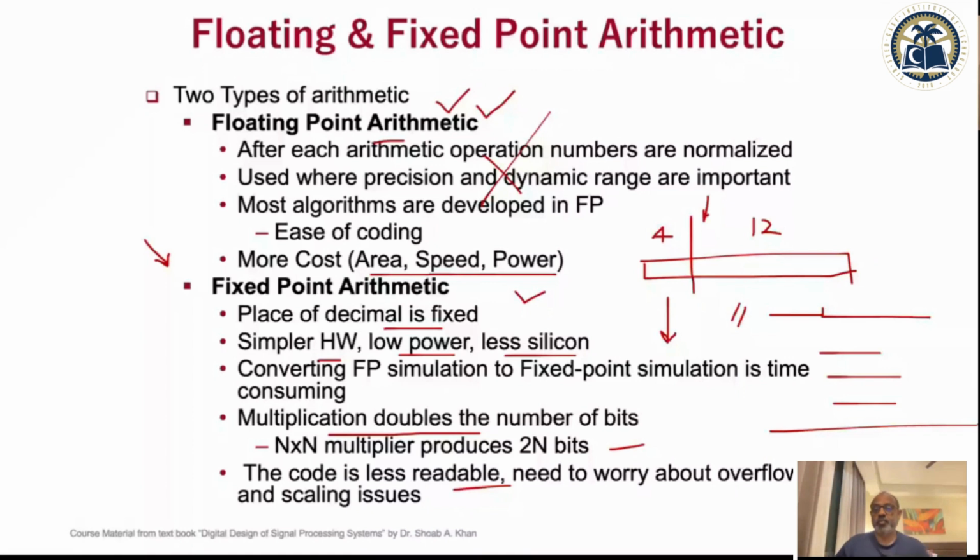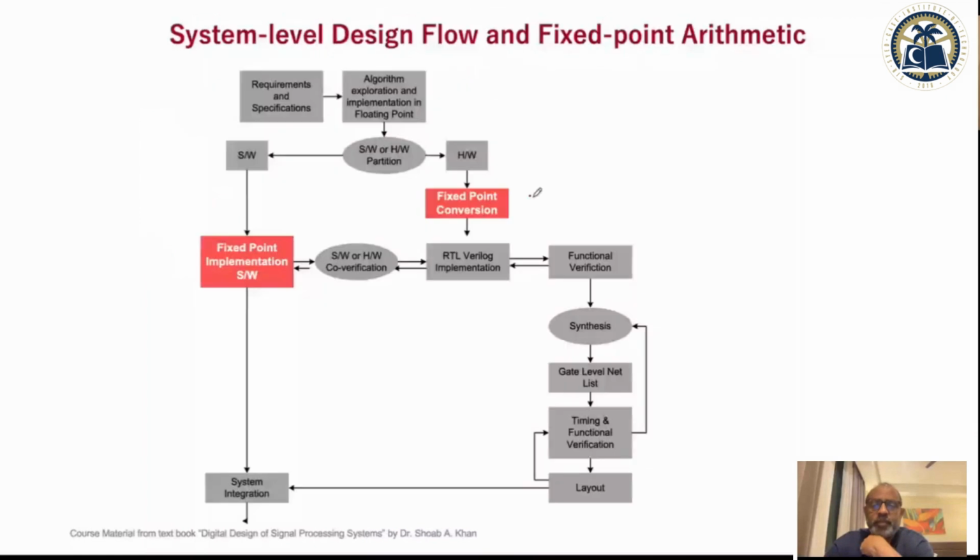would have a hard time figuring out what the actual number is, because you have converted every number into an integer, and only you know, or you have put a comment, where the decimal is. Only after knowing the decimal can you convert it back into floating point to see how it relates to your simulations, which would happen in floating point format. So these are the challenges, but still people prefer fixed point arithmetic over floating point arithmetic because of the reasons I've told you.